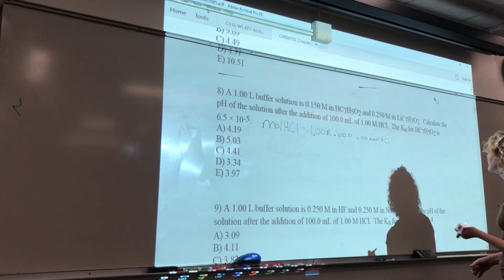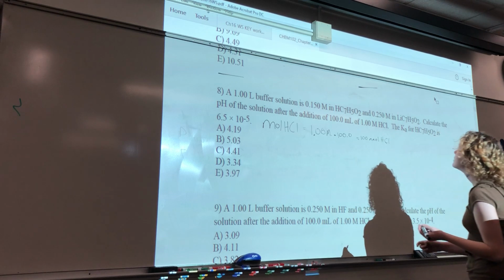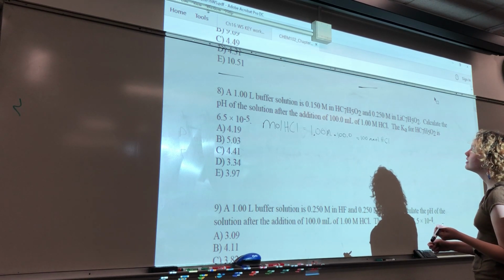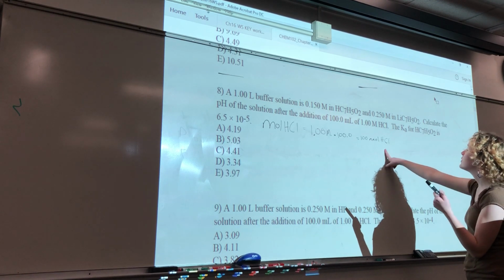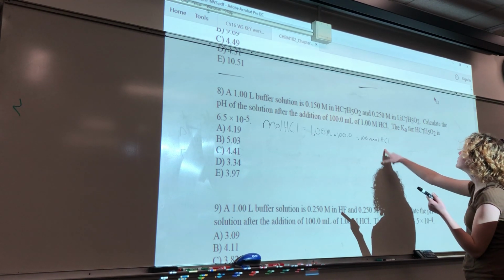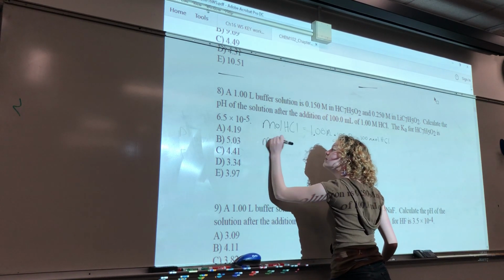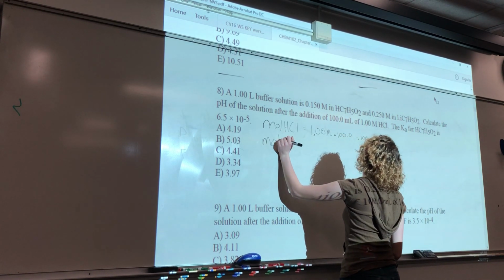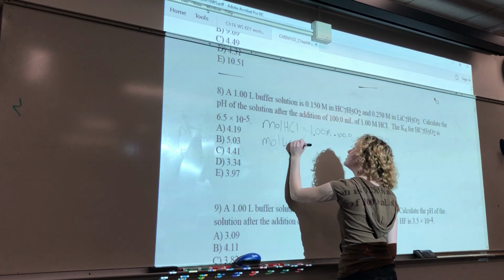So 100 millimole of HCl, and you have how many of this? You have a 1 liter solution, so you have 150 millimole of the acid and 250 millimole of the base. This is gonna react with the base, which is this one. So now, millimoles. Lithium C7H5